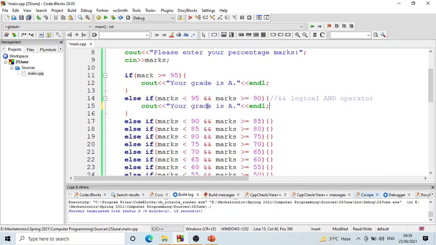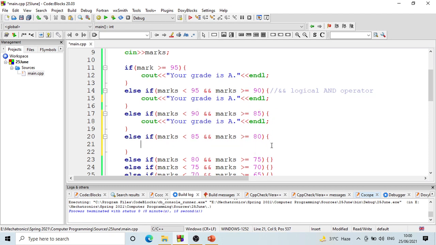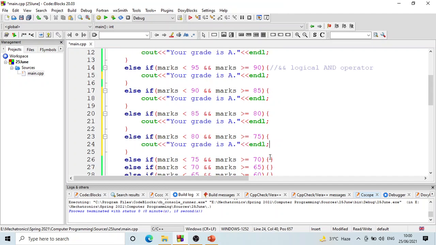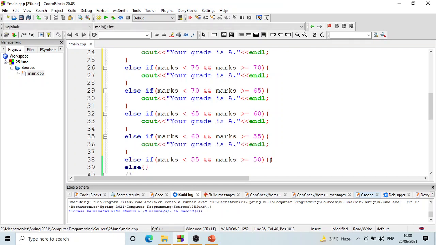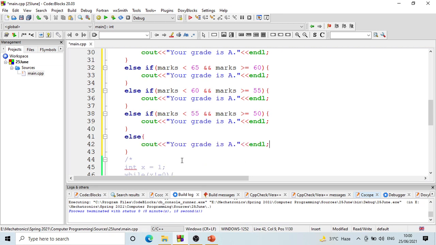So here, here, here. So we will modify the grades, but आप पहले इस कोड को create कर लें and then we'll do the modifications. Else. अच्छा जी,